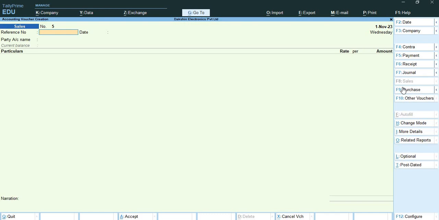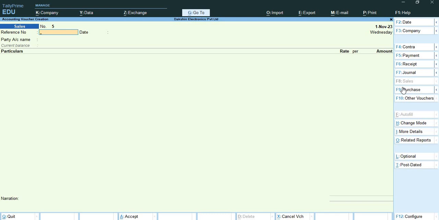For example, Dakshin Electronics Private Limited is a company registered in Bangalore, Karnataka. When JJ Traders Private Limited purchased from a supplier whose company is registered in Mumbai, Maharashtra, the supply is an interstate inward supply. So the question is, as on 2nd November 2023, Dakshin Electronics Private Limited purchased the following goods from KSS Enterprises, Andhra Pradesh on credit with supply invoice number